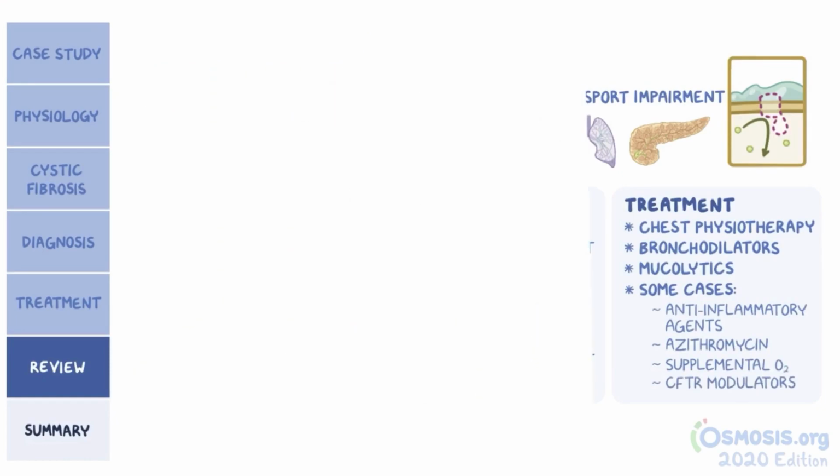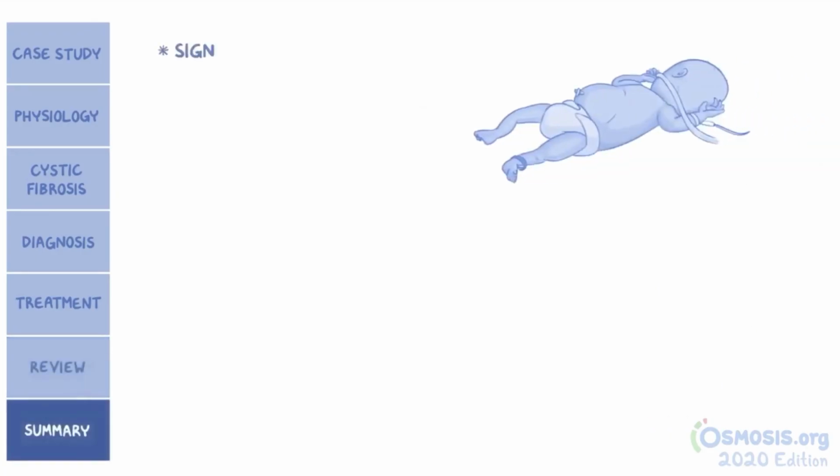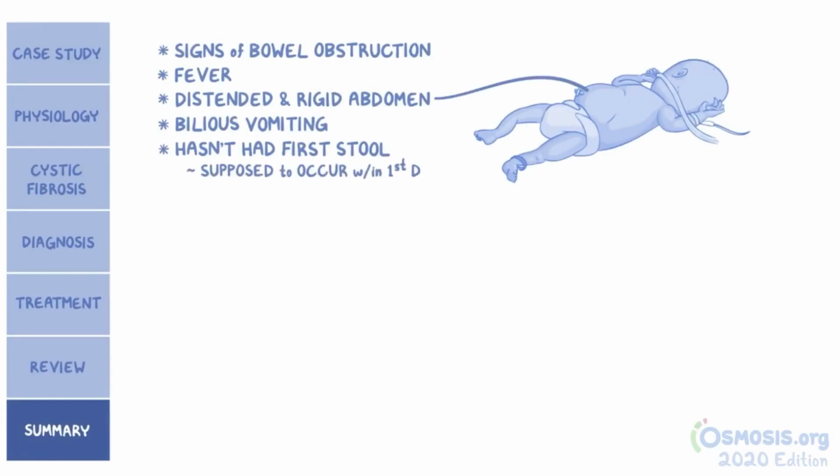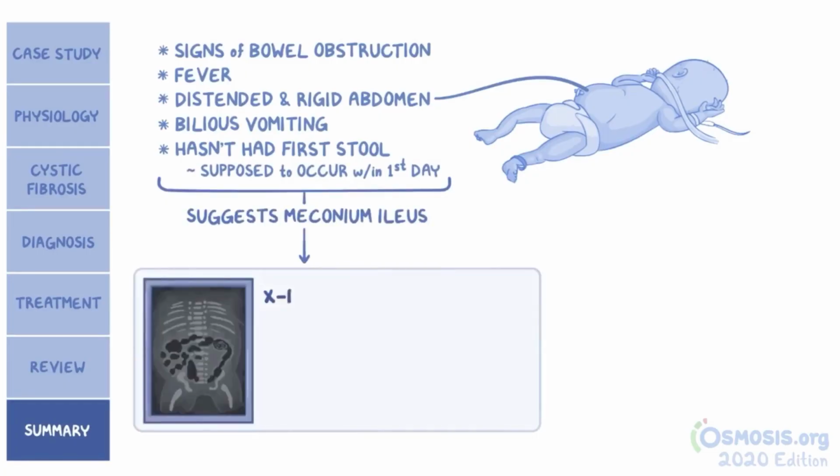Now back to our case. The newborn showed signs of bowel obstruction, which are fever, a distended and rigid abdomen, and bilious vomiting. His history also revealed that he hadn't had his first stool yet, which was supposed to happen within the first day after delivery. This suggests meconium ileus, so an X-ray was ordered, which confirmed the diagnosis based on the dilated